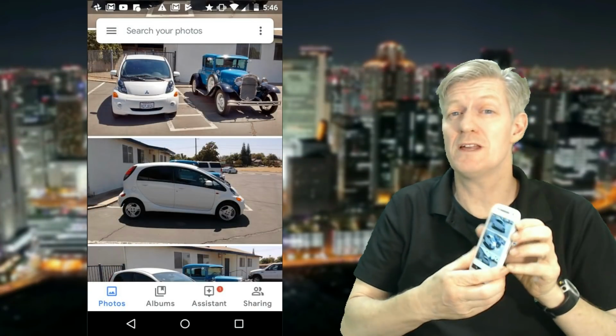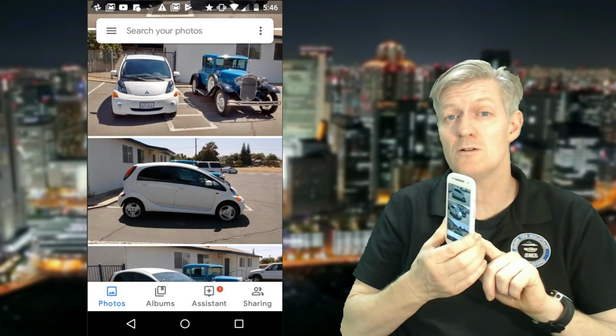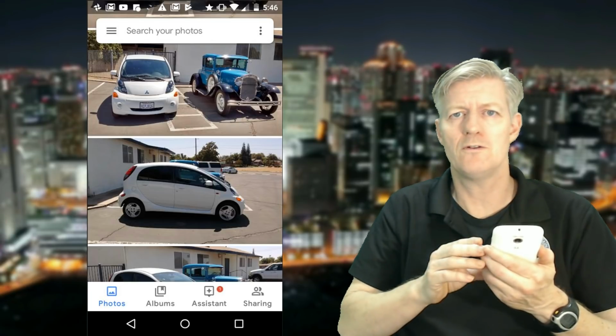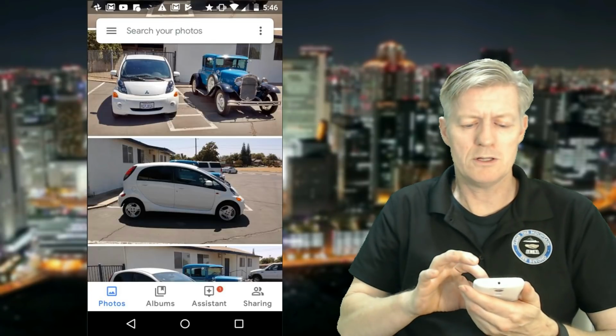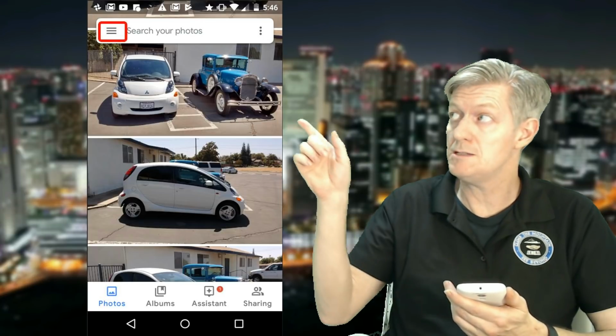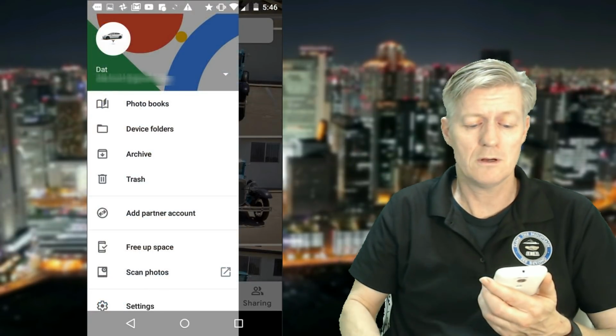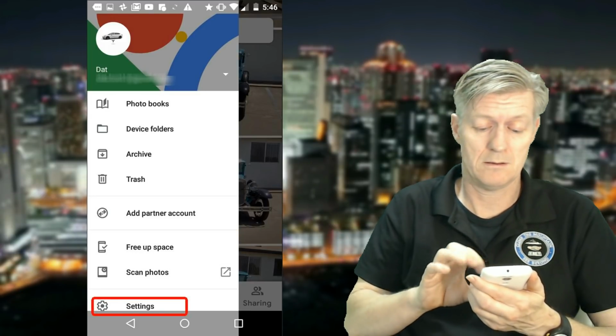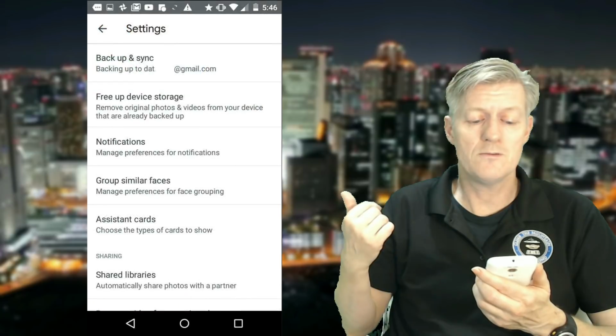Now it is possible that you can be taking photos with your cell phone and actually viewing your photos with Google Photos on your cell phone, but then you log into the same Google account on another device and you don't see them. So what could be causing that to not be synchronizing? Well, what we're going to do is click on Google Photos, click on the three lines that you see up there in the upper corner, and then you go down to settings and click it. And then you're going to be seeing settings.